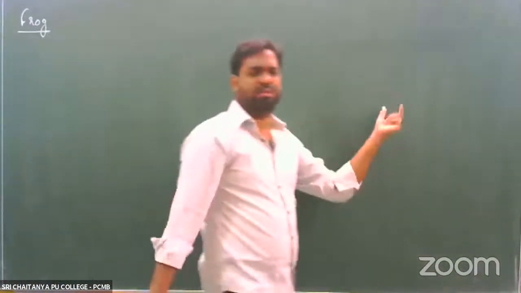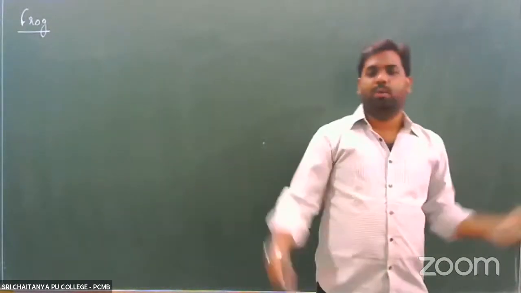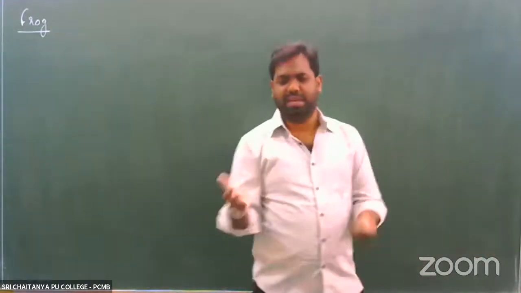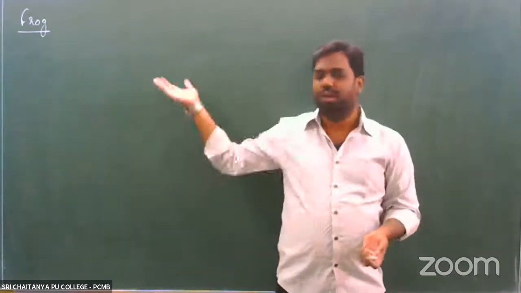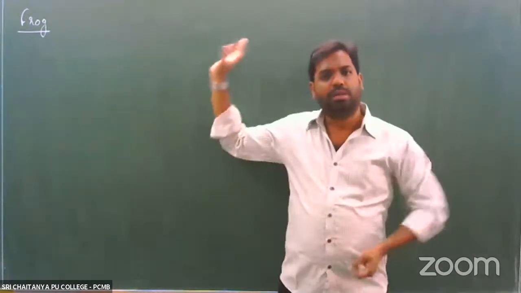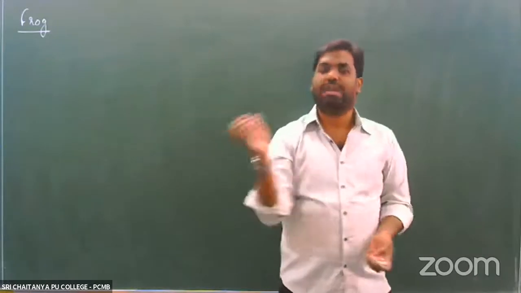Because we have already seen this, right? During the peak summer and peak winter, they go into a state of inactiveness. We spoke about this when we were talking about morphology also. They enter into summer sleep as well as winter sleep, estivation and hibernation. So all that we have seen. Only during the rainy season do these organisms actually come out.